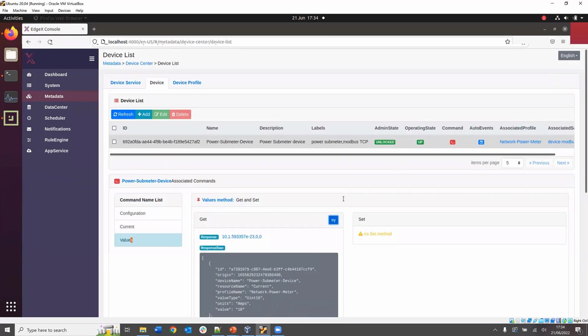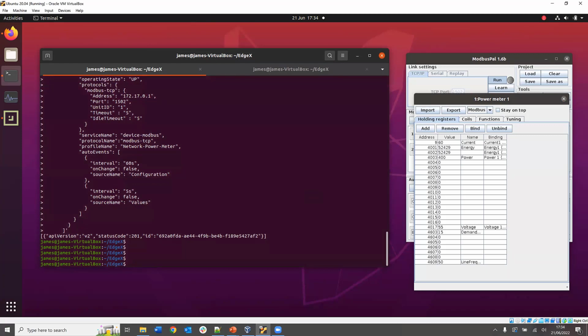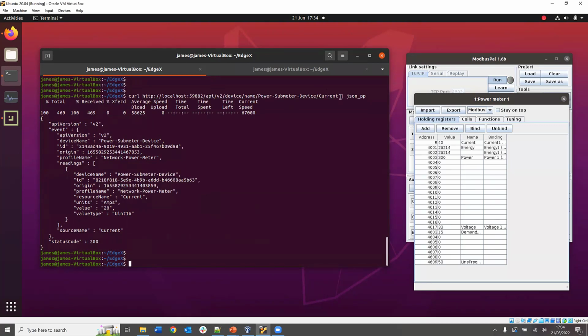We can also just use the command line. So there's a very simple way to get, for example, the current, like this. And again, I'll make these commands available on the wiki page. So the value here was 20. Let me quickly show you the